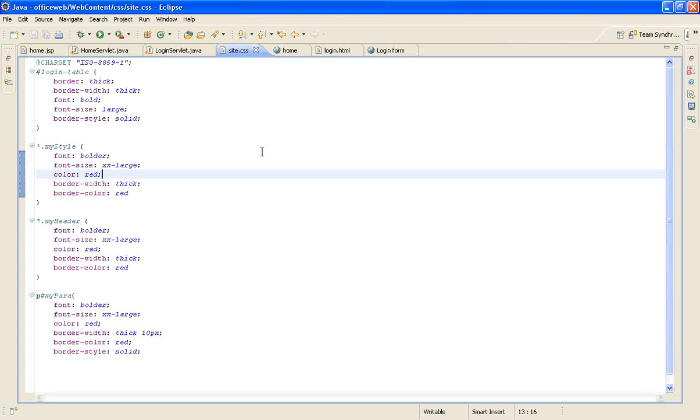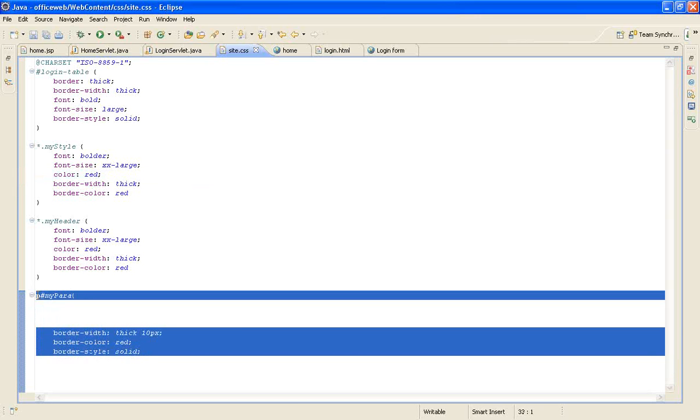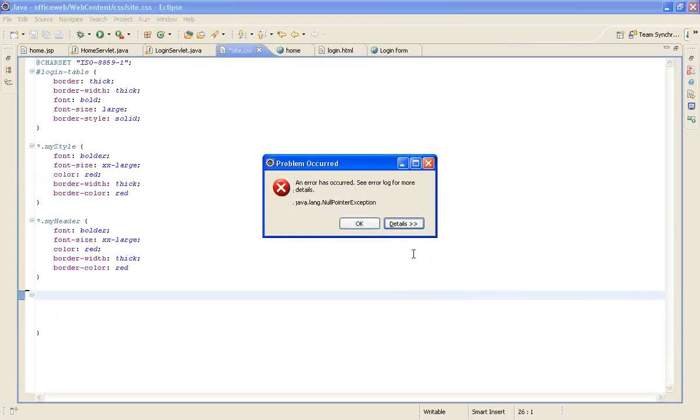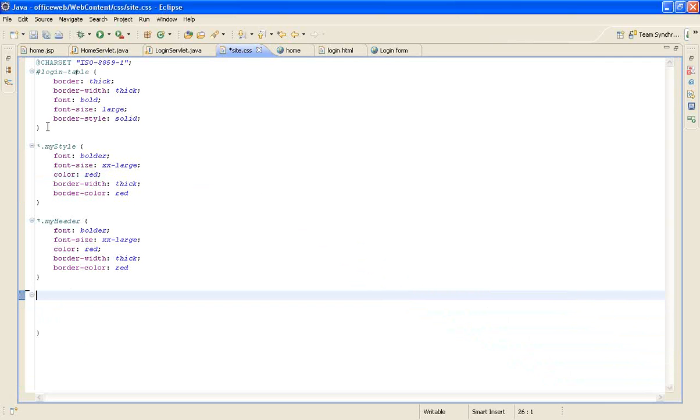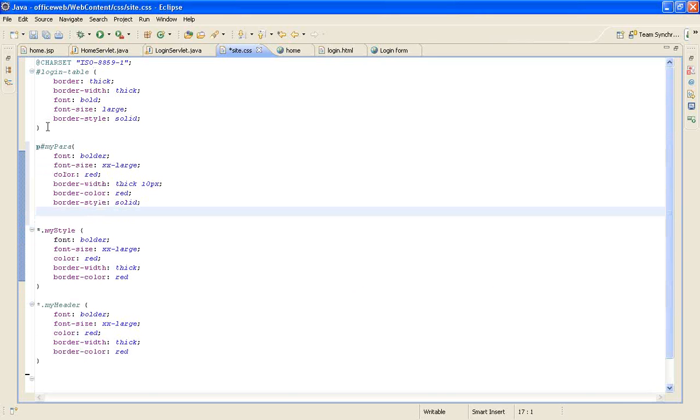In this case, I specified a particular hard-coded ID. Let me copy this to the top, to be in order.